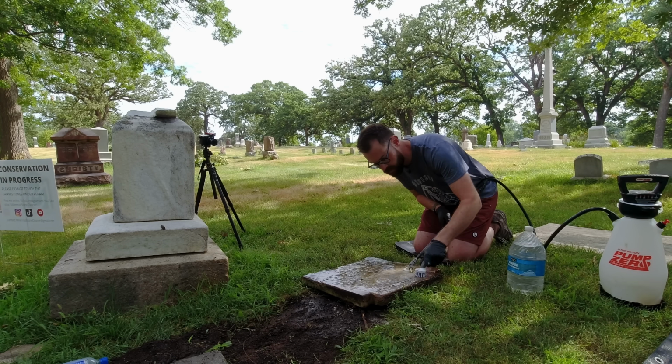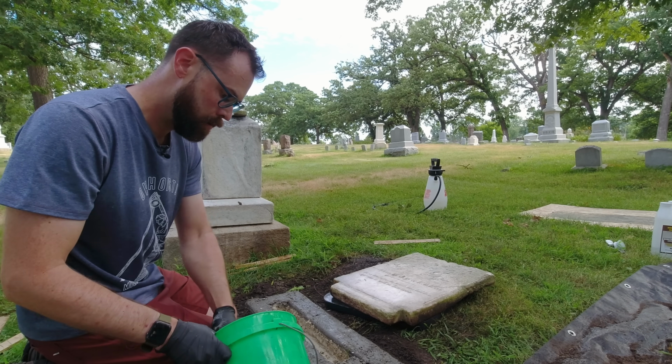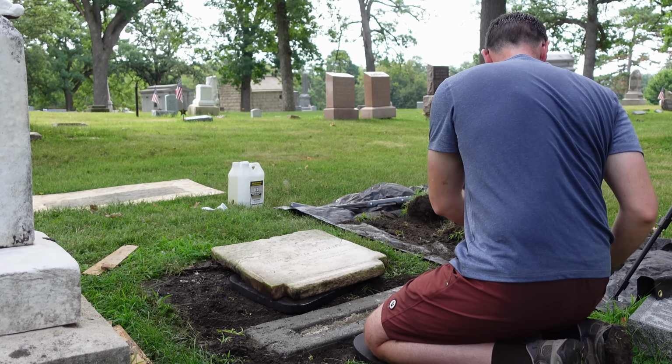So what do we know about this headstone? The only clue that we had to go on was the inscription. Below where the names would have been written, it said, "Children of J.G. and R.O. Weeks." Unfortunately, the stone had been moved a bit from its original location, and so with a lot